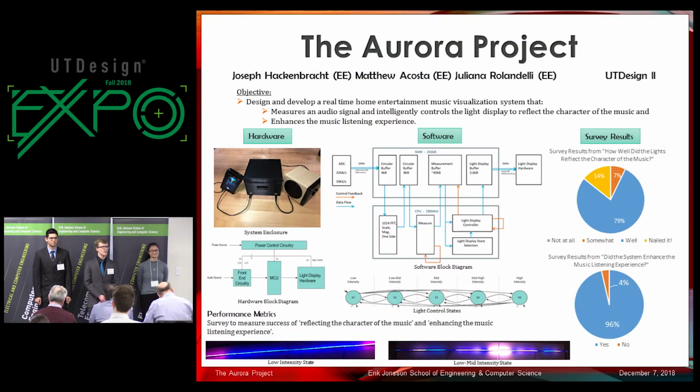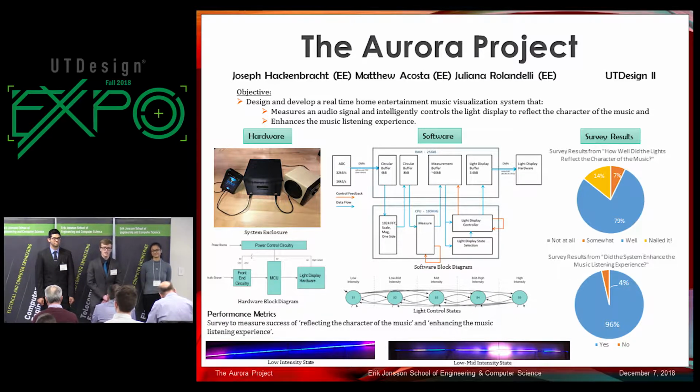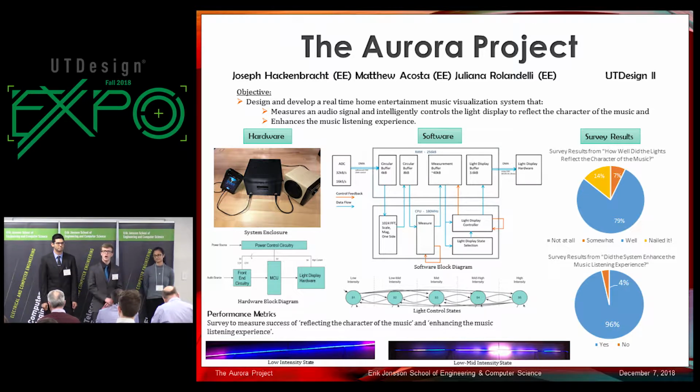This year, we set out to develop a real-time, intelligent home entertainment music visualization system that measures and reflects the character of the music that you play and enhances the music listening experience. Our project was split between a hardware task and a software task. Our hardware task was to develop a custom PCB that houses audio front-end circuitry, power circuitry, and controls our light